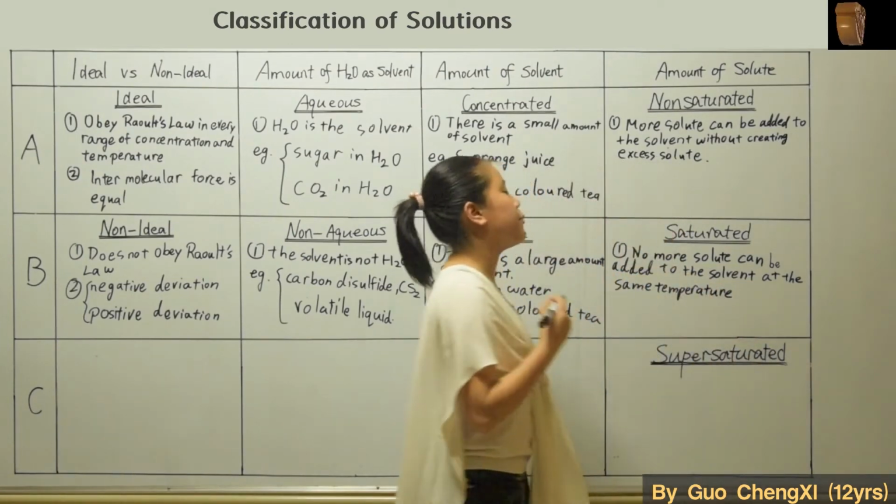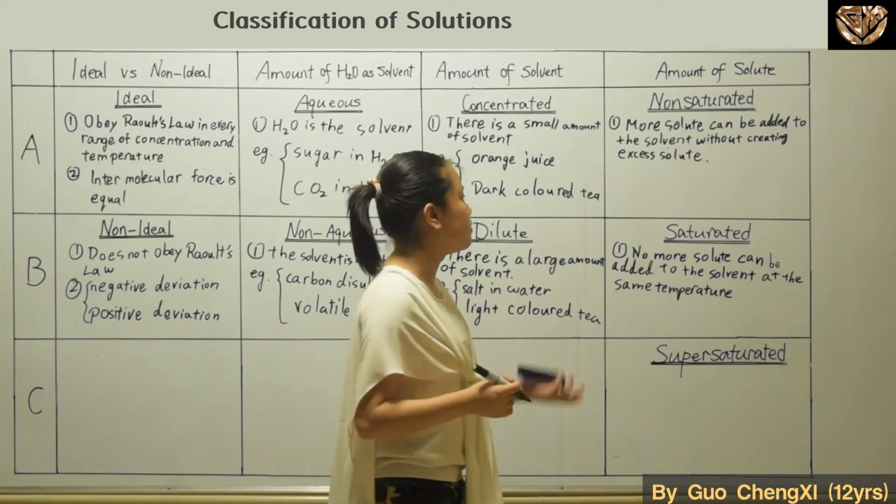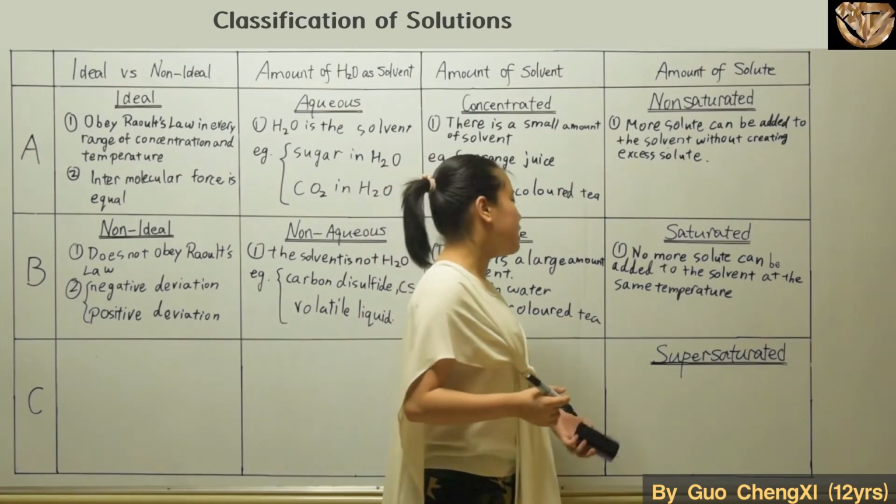So no more solute can be added to the solvent, or else it's going to be excess solute, unless you